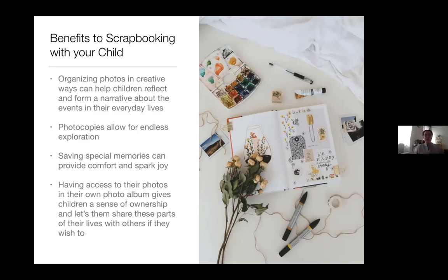So if they're feeling lonely, or they're feeling loved, or they're feeling creative, or however they're feeling, they can go back and look through these images and feel connected, and like they have some ownership over their relationships and their connections to other people.